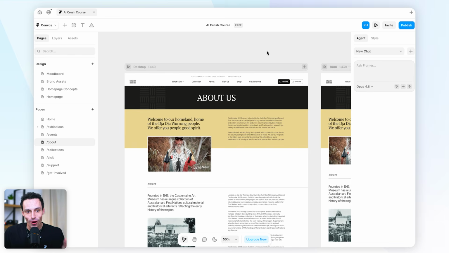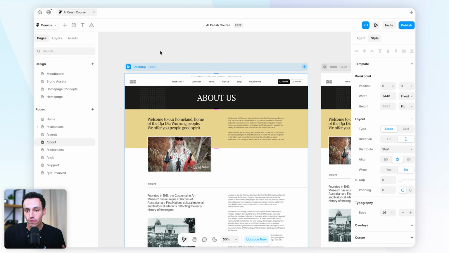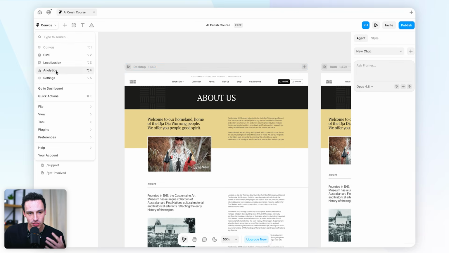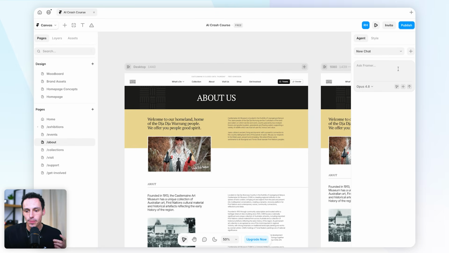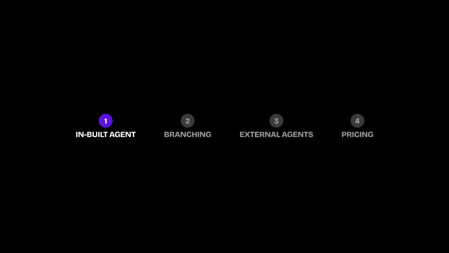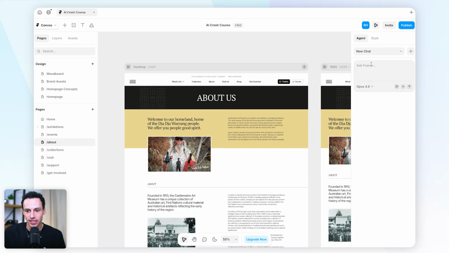So firstly, when you open up Framer this next time, you'll realize that things look different. With this brand new Framer 3.0 release, there has been an entire refresh to the UI, it's new icons. It feels similar, but there are some slight differences. There's some differences to the navigation up here, but in particular, we now have the agent built in, which is